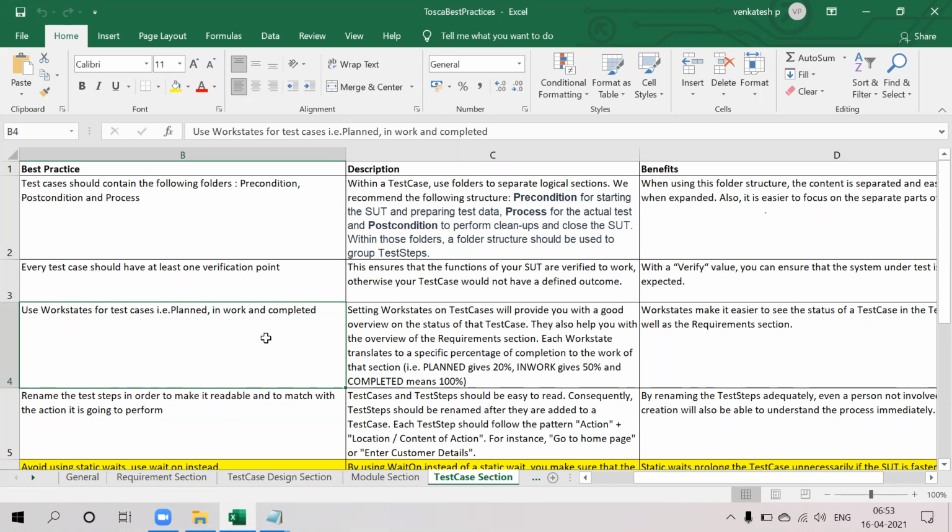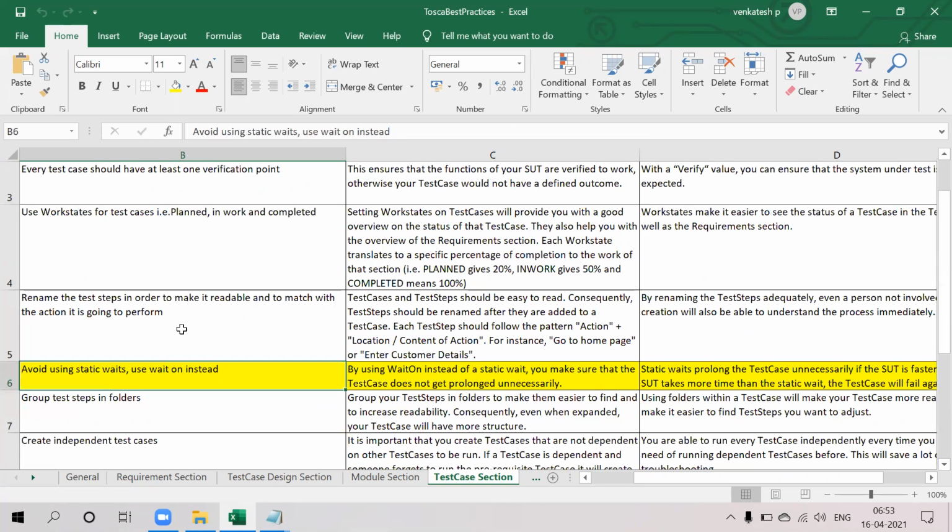Once your test cases have been completed, you can change the state to completed. If it is planned, you have not yet started on the test cases. Those are the work states we have in Tosca. We will see those things later.